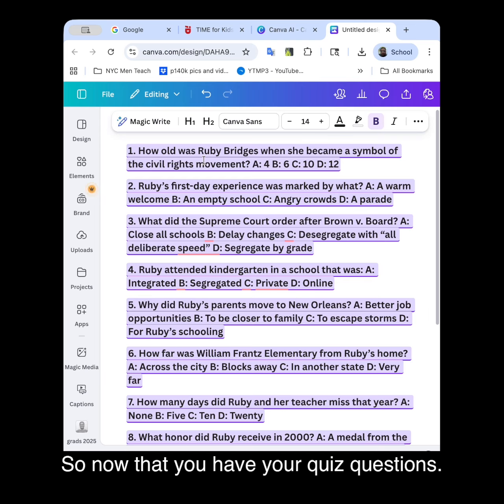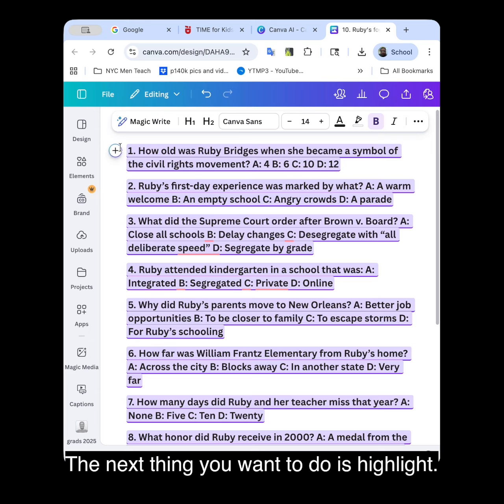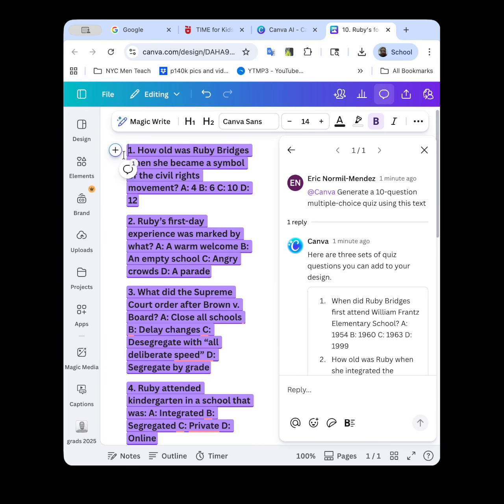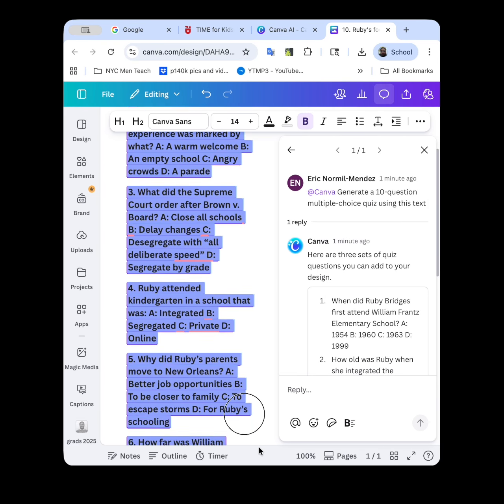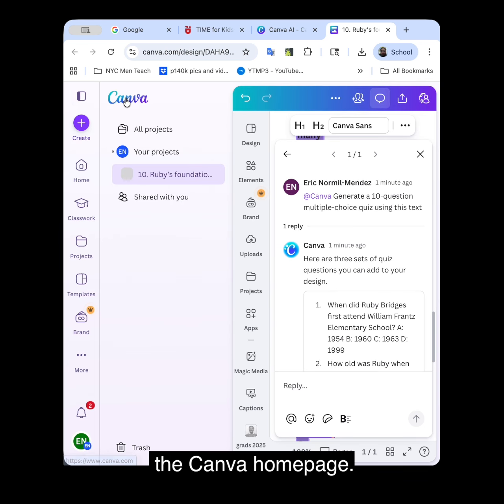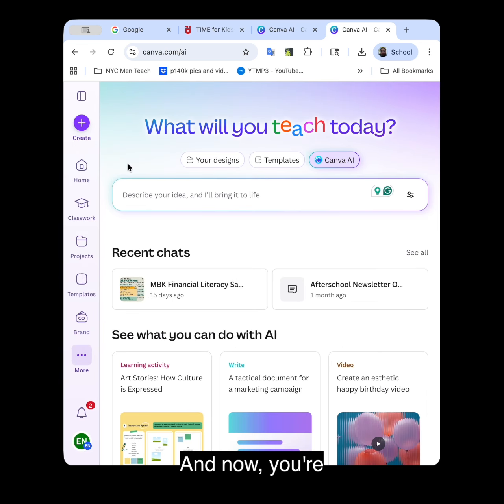So now that you have your quiz questions, the next thing you want to do is highlight and select this text. Command C to copy it. And now what we're going to do is go to the Canva homepage, and now you're going to